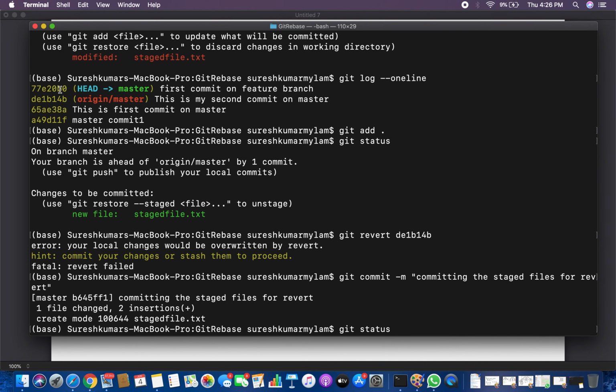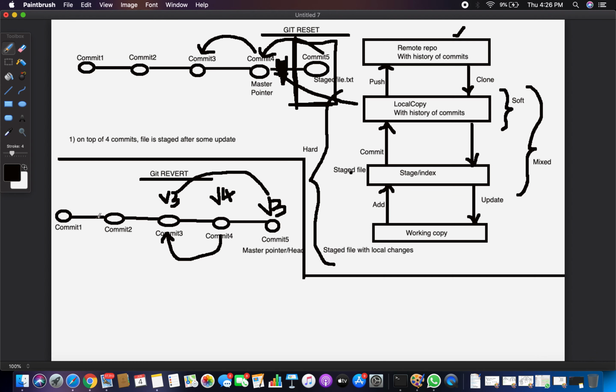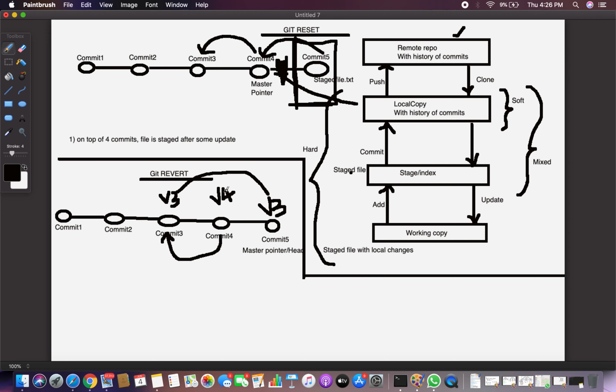So earlier there were 5 and now there are 6 commits, and you actually performed a revert operation on this particular branch. This is the same structure. The version is being placed here, and you are not removing any commit, you are not overriding the history. You are making a new commit and bringing the same version from here to here, and that's all. That is git revert.